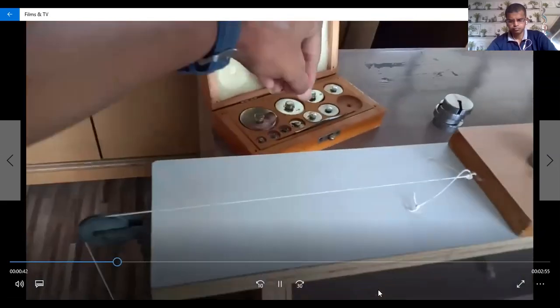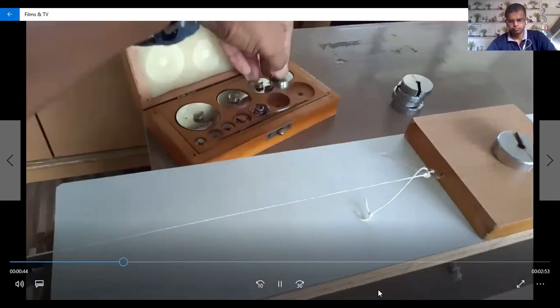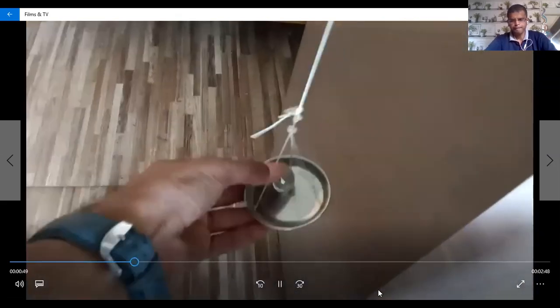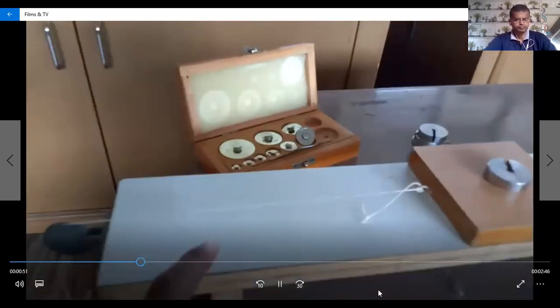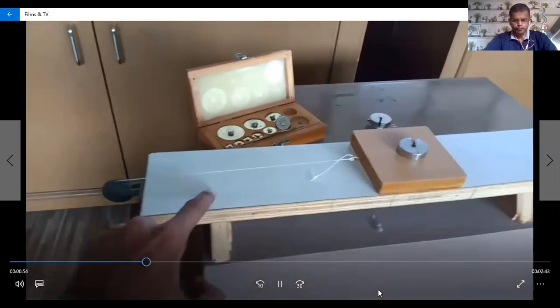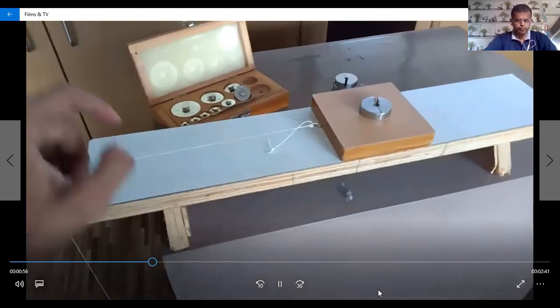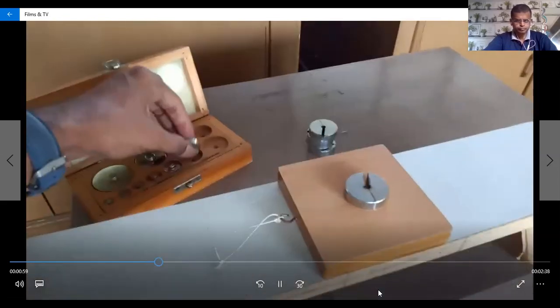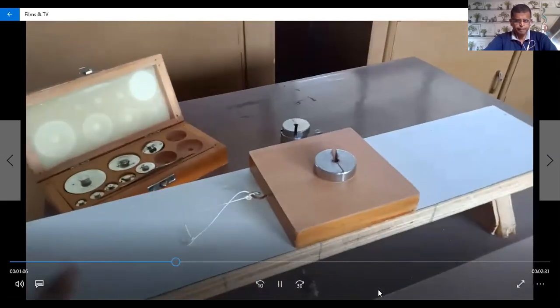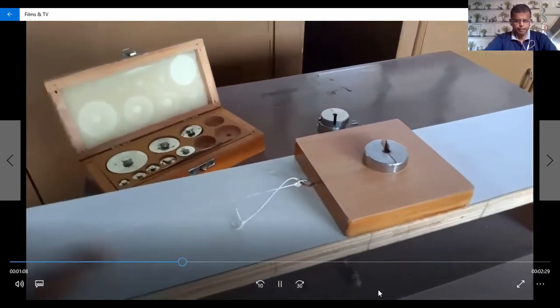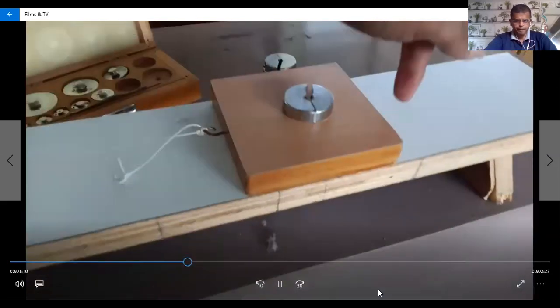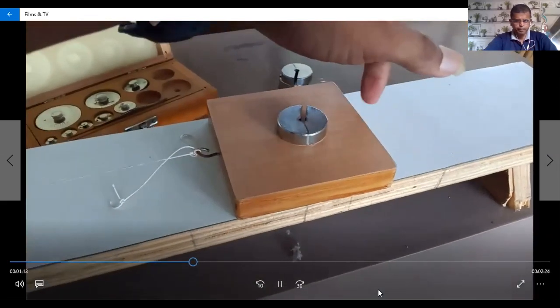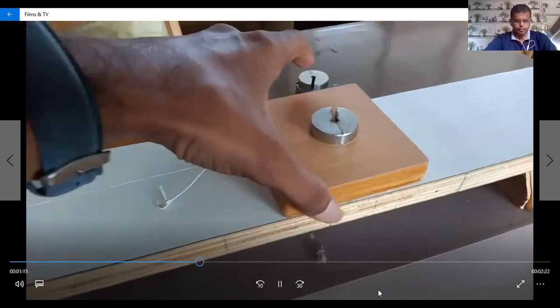So first, starting with 20 grams from this box, we put it on the pan, and after we try here, we are showing the block is not moving easily. So we use 20 grams more from this weight box and put it here. Again we check. Now this block is not moving very easily. Just try from here also, giving some force with the hand, but now it is not possible.